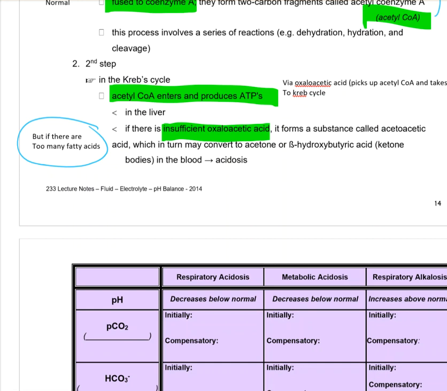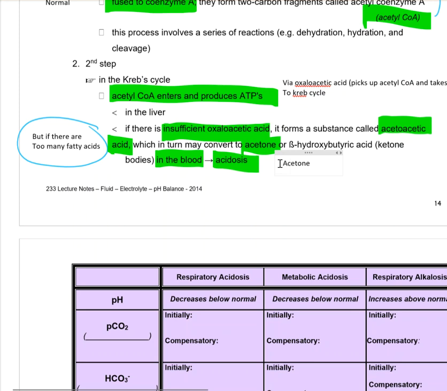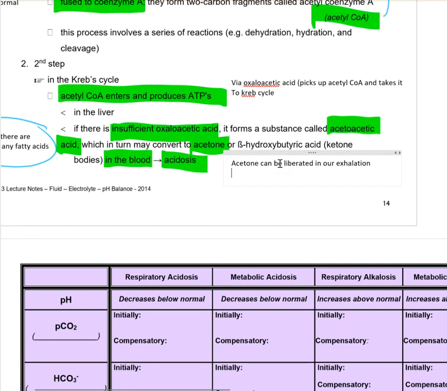So then what happens is these fatty acids become acetoacetic acid, and they get converted into acetone, and the acetone ends up in the blood, and we have that acidosis. And remember, some of this acetone can be liberated in our exhalation,